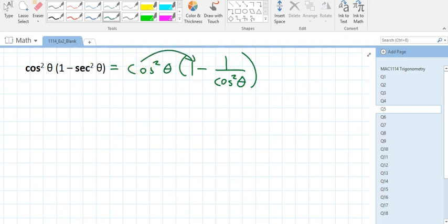So, what's cosine squared alpha times 1? What's cosine squared alpha times 1 over cosine squared alpha? Which is 1. So we got a minus 1